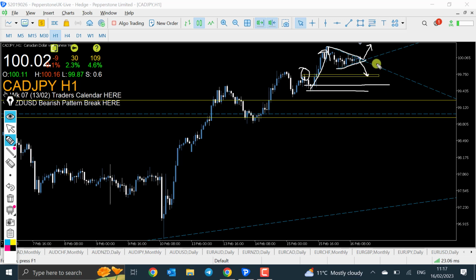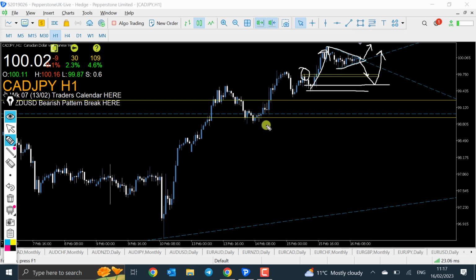So I'd like to see one or two things happen here, either that pullback into that demand zone or the breakout of this little area through here. So keep your eye on CAD Yen. That's one I'm definitely looking for at the moment, looking to see if price will trade out of this zone